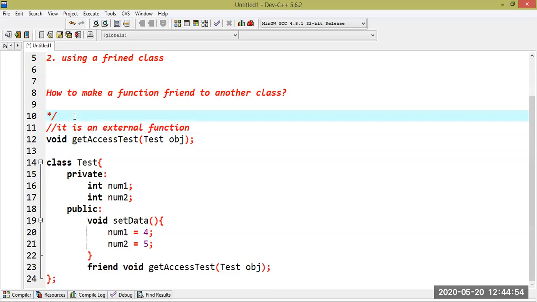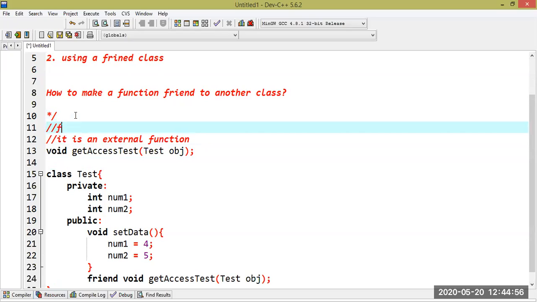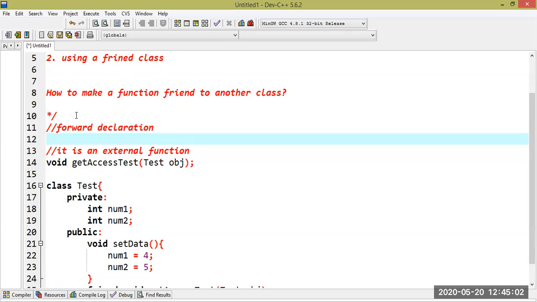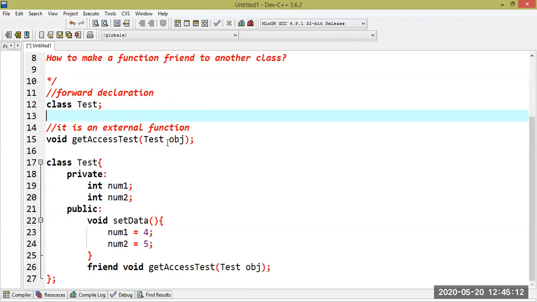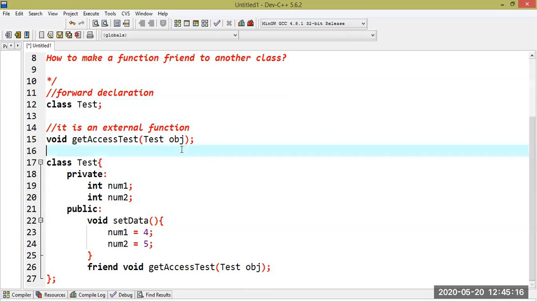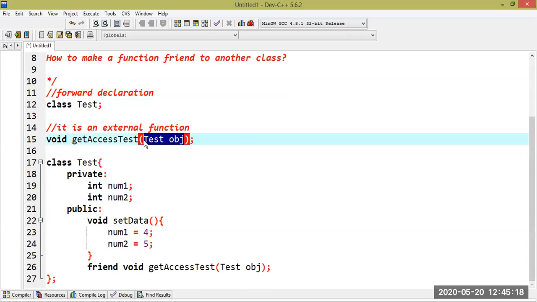To deal with this, we need a forward declaration of the class. So here I am giving the forward declaration of class Test. Now the compiler will know that the class Test is declared here and will be defined somewhere else, so there will be no issue when you pass the object of class Test as an argument.